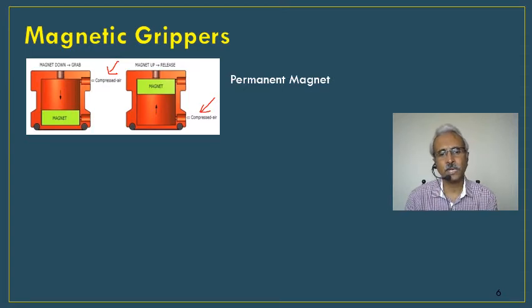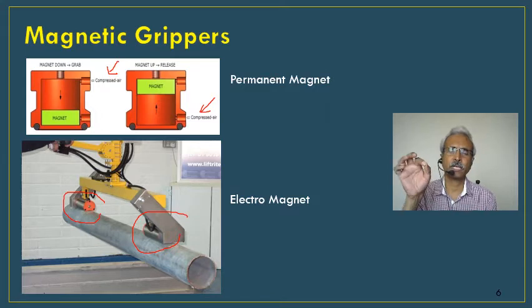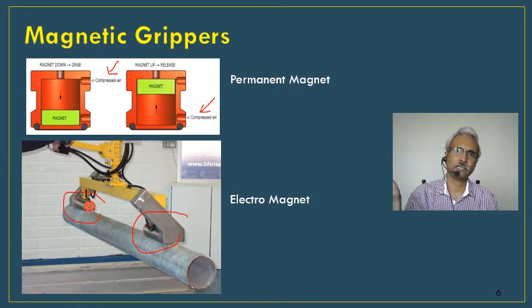So that is where you can have an electromagnet, so it is easy. You don't need all this compressed air to make movements. So here you can see that this is being used to lift a pipe. And one more thing is here you can see that the moment you give electricity, the magnetism is activated, and once you remove the electric power, automatically the magnetism goes and then the object gets released.